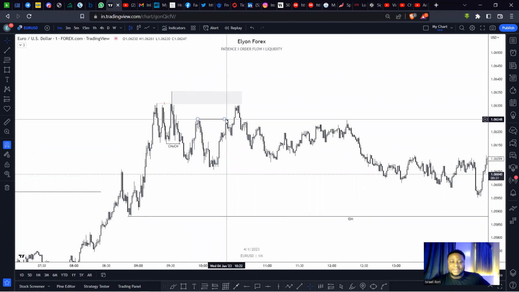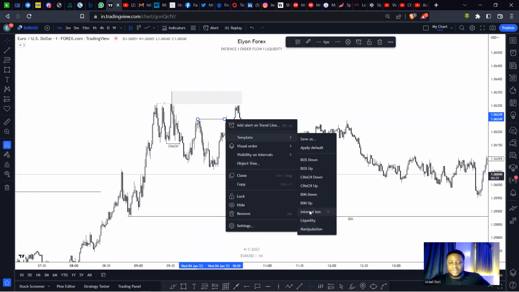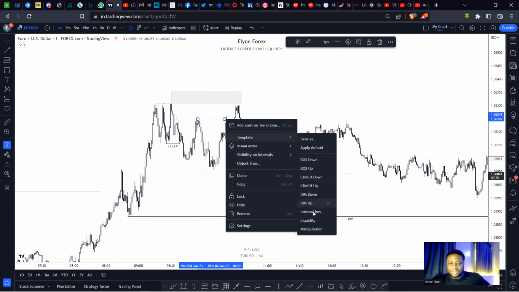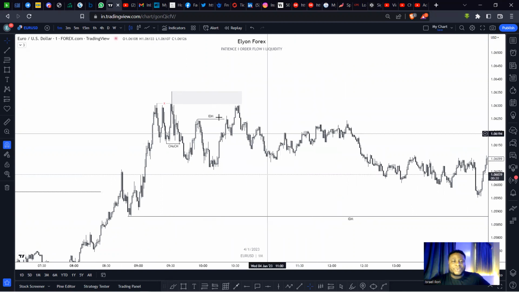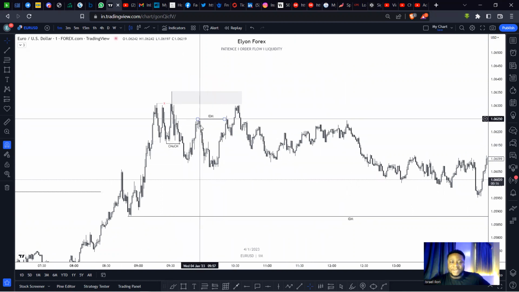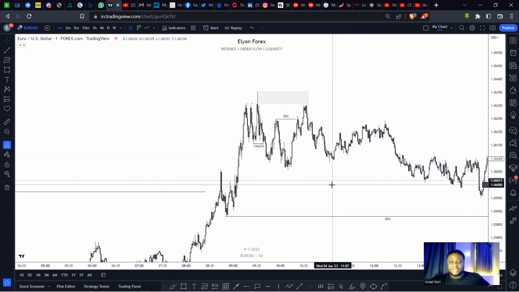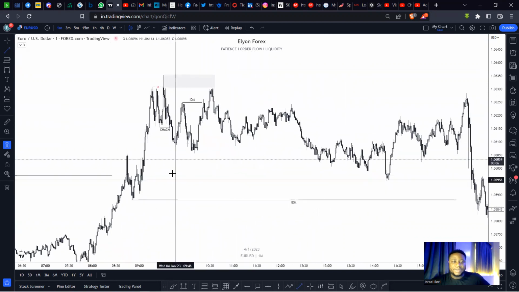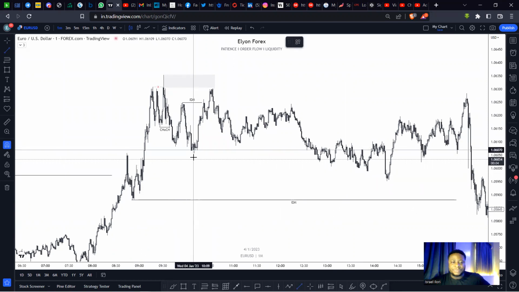The major thing that the market is after is your liquidity. So you can mark this as internal liquidity or inducement, whichever one. Let me mark it as inducement. So we could see that after we had the change of character, the market created an inducement, created a liquidity. And after creating the liquidity, the market took out the liquidity and dropped down to break this structure,